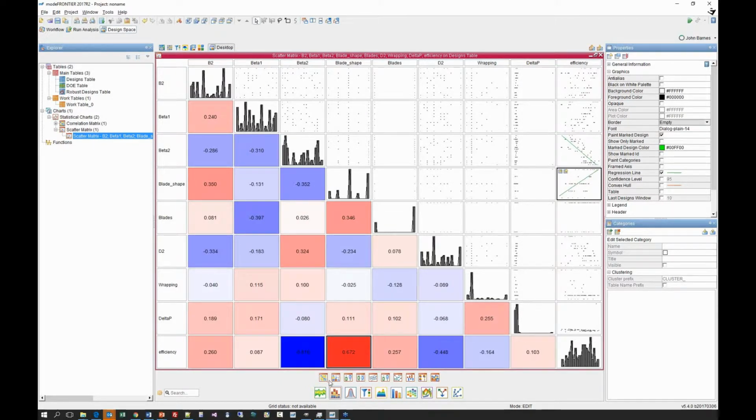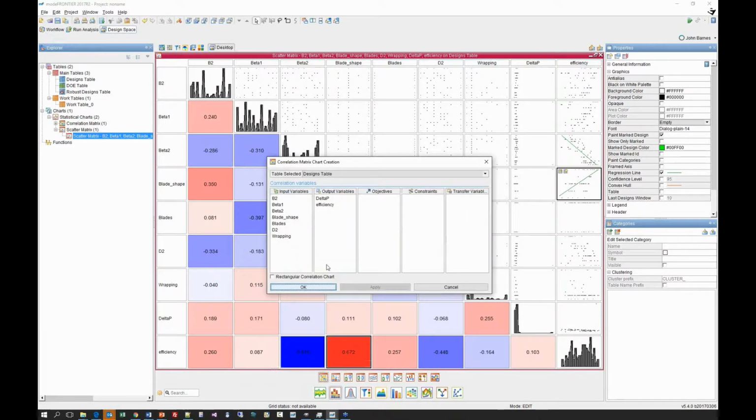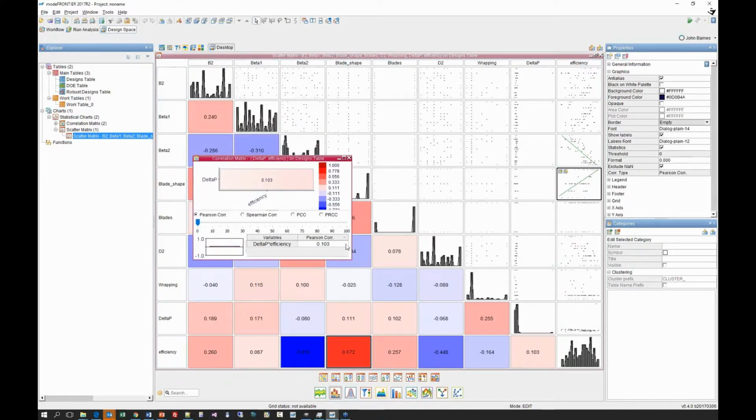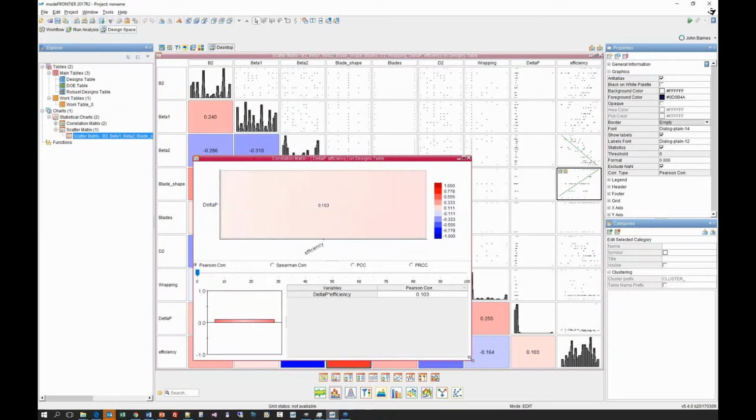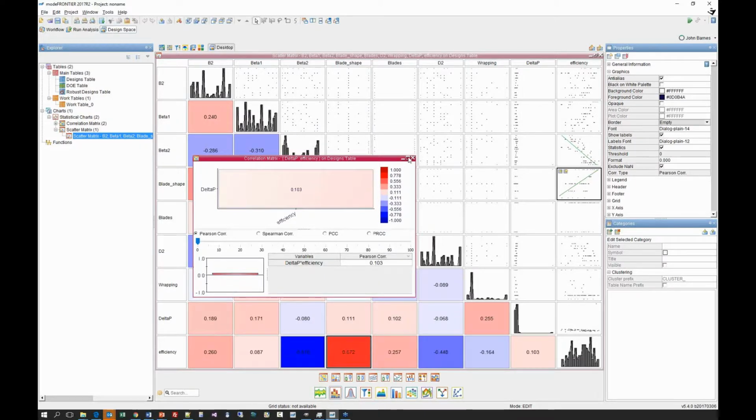We could also have just a little look at the correlation of just our outputs against our outputs, and this could be an interesting one, to see whether there's any relationship between our two outputs. If there's no relationship between our two outputs, then you might be able to say, if we were to try and optimize this, whether or not there is truly a multi-objective optimization. Because if we're trying to trade off these two objectives, that would be quite difficult if they don't actually have a genuine relationship between each other.